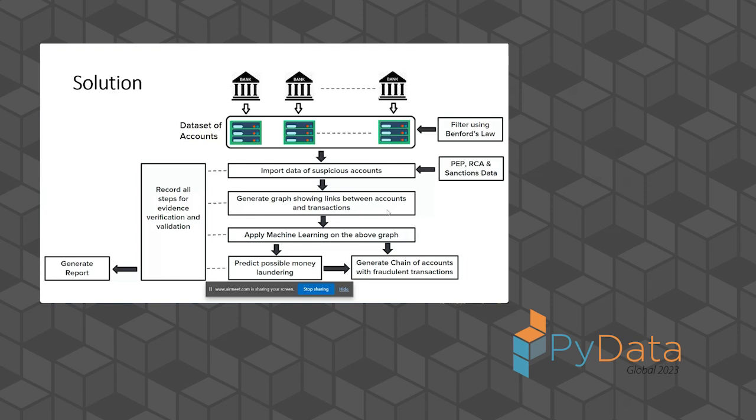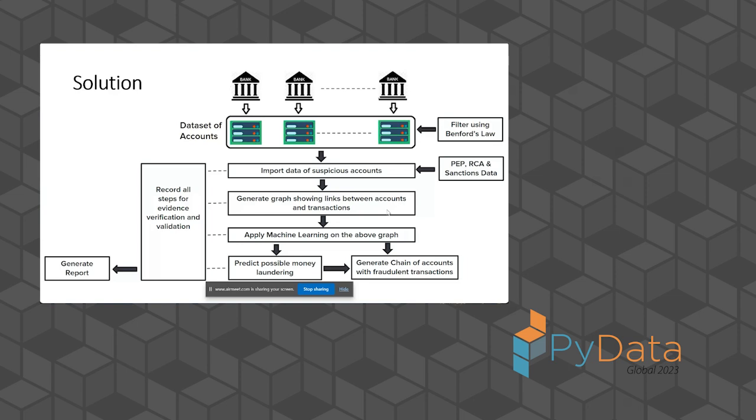Then generate a graph showing links between accounts and transactions. Then apply machine learning on the graph. Then predict the possible money laundering. And generate the chain of accounts with fraudulent transactions, because here investigation officers want to know the entire chain